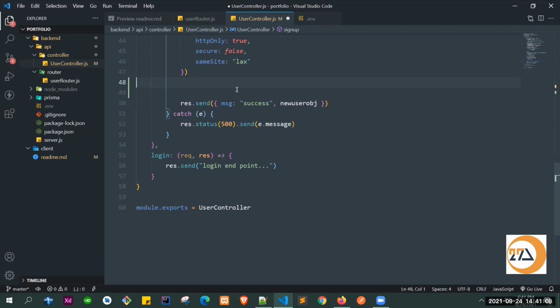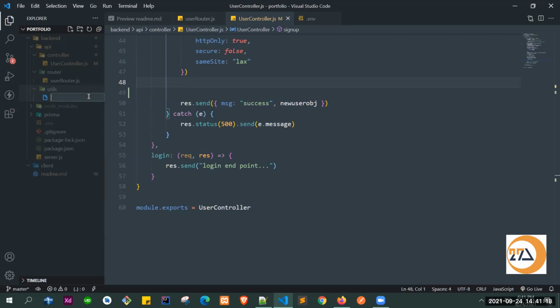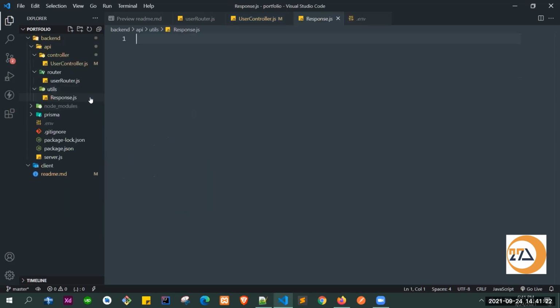Let's create a folder called utility. All utility things we will create inside this. Let's create a file called response. You can name it whatever you want. Inside here we will create a function response, and it will take three things.